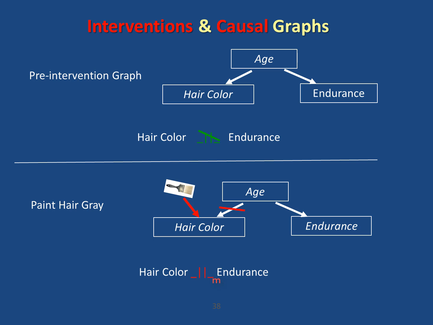And so if I now consider the case where I've painted the hair color, with some intervention, I paint your hair gray no matter what it is, that X's out the relationship between age and hair color, because it's a hard intervention in this case. And so now in this post-intervention system, hair color is independent of endurance. And I'm putting a little m there to represent that this is a different distribution. It's a manipulated distribution. So in the resulting distribution, hair color and endurance are no longer associated,